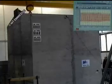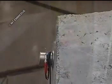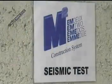Considering the weight of the building equal to 170 kN and the weight of the global seismic loads, it can be gathered that the force with which the structure was stressed was higher than that expected from a seismic event of the first category, which is the strongest force provided for by the Italian seismic rules. As you can see, the M2 building did not endure any sort of damage. The results of the course undertaken by M2 since a long time